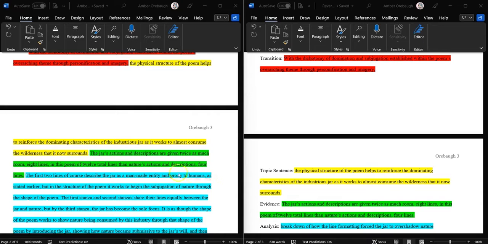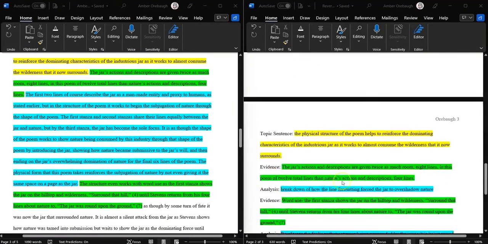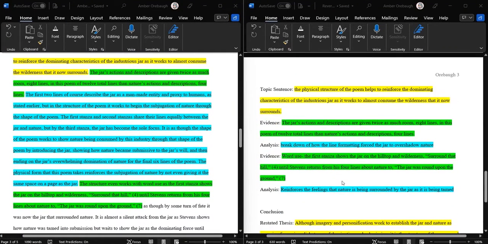So you'll see here especially, this is where my use of evidence gets a little bit different than the rest of my essay. Now, this is the kind of paragraph where it becomes really important for this sort of tool to be used, because as you can see, I kind of split up my evidence a little bit weird.